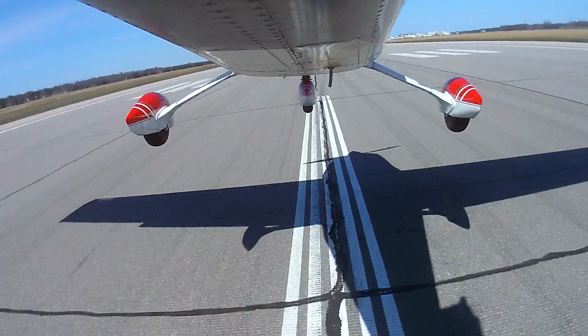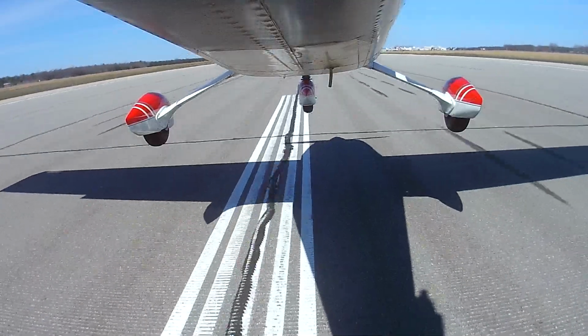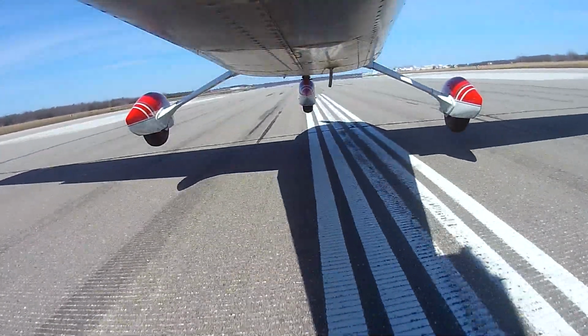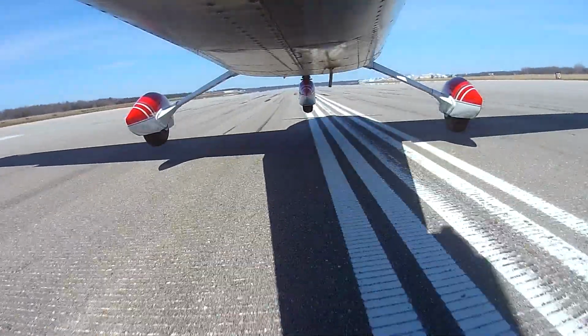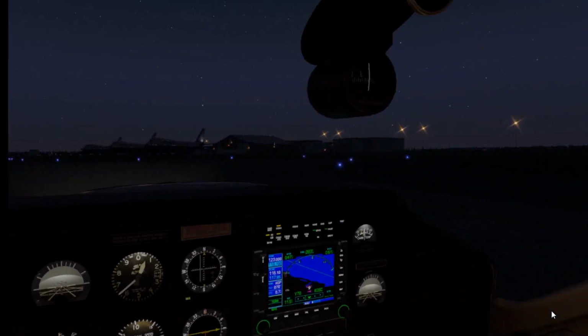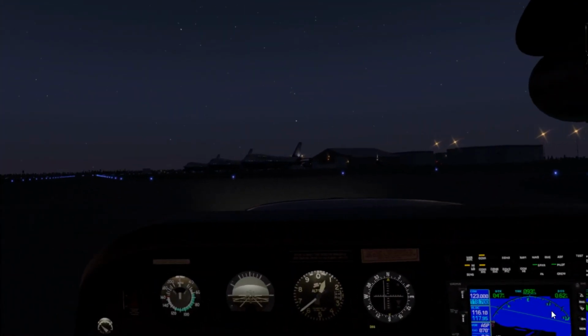But there's also an air cargo charter service there, so I knew there might be some 747s parked at this out of the way airport, which is what I was expecting to see. And actually, it was something that was in the simulator, which is kind of cool. So this is my first time flying in there, and as I flew in, there were not a couple jets